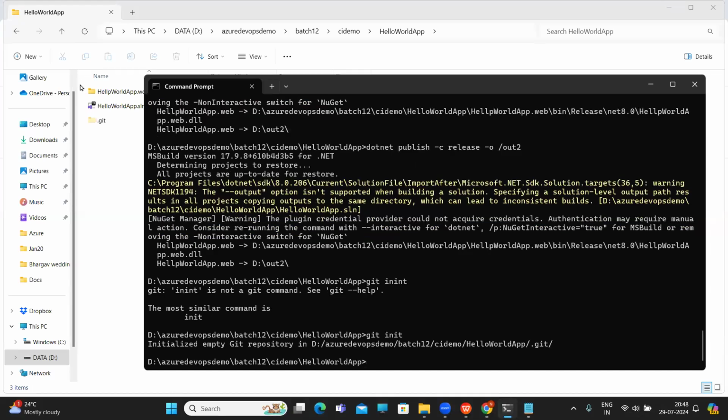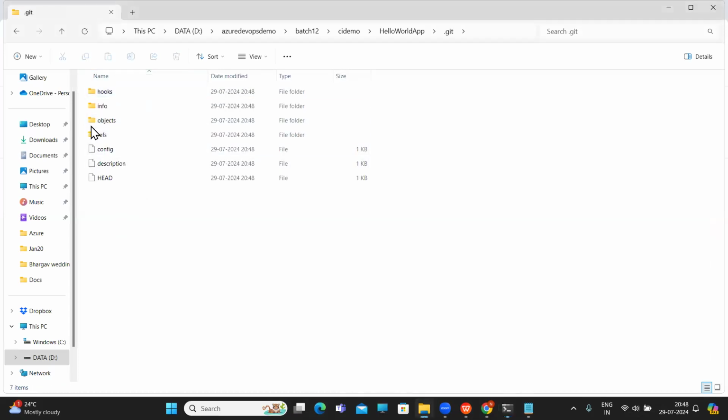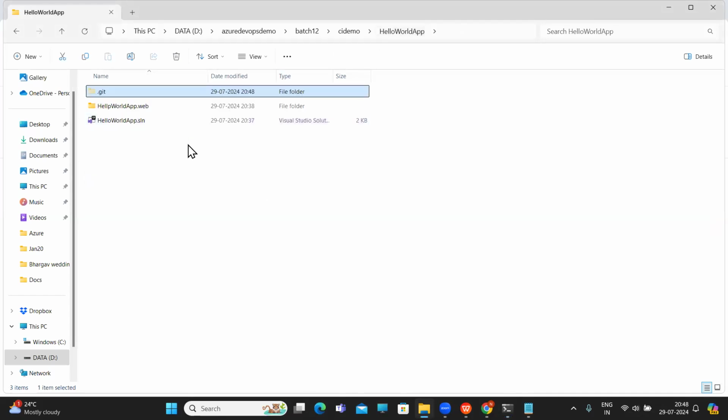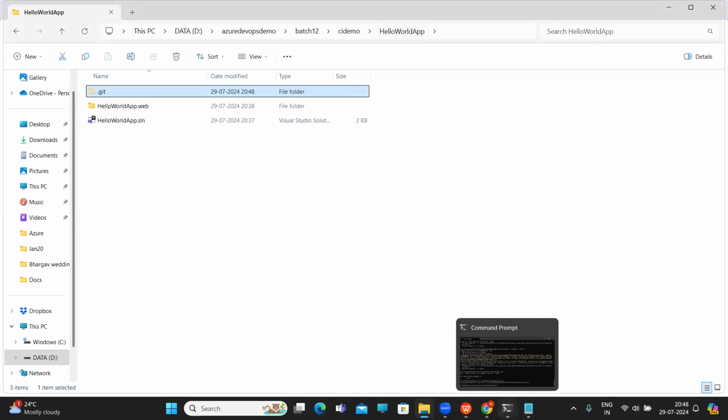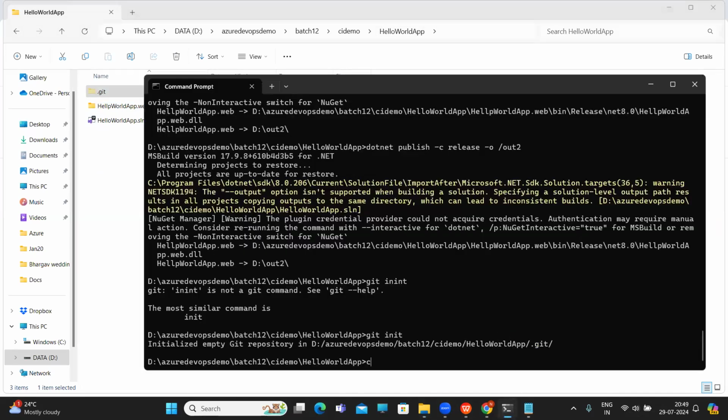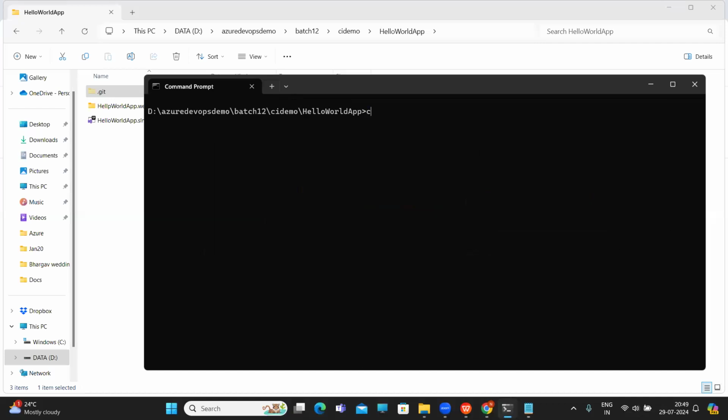Now it is initialized. You see here, .git is created. Same thing, you have your hooks, everything. This is the local version control system. The local repository has been created now. So now all the changes, before saving them into your local repository,